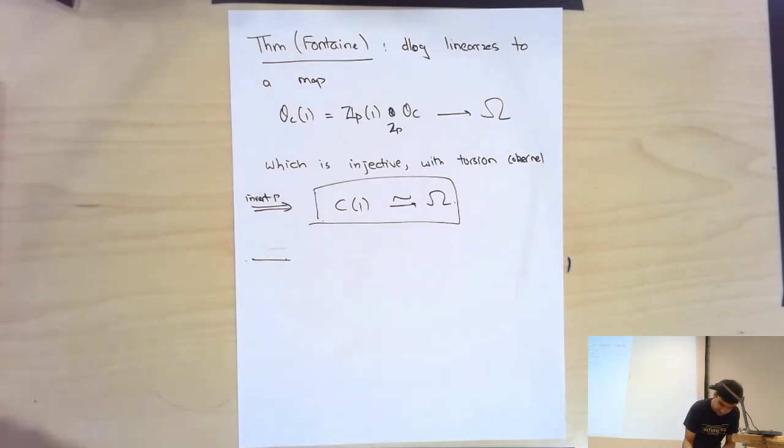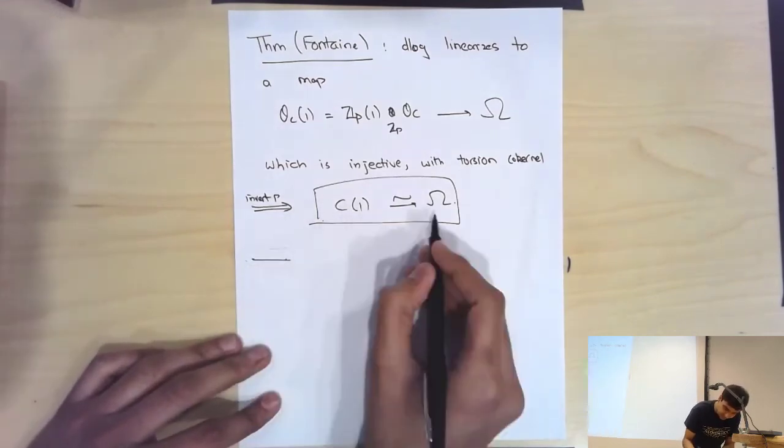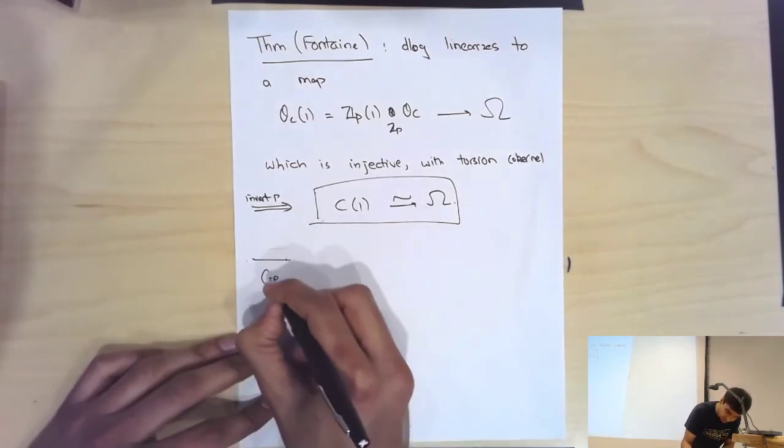Okay, so let's now use this to define a map. So I claim that because of this, you actually formally get a map. So if you get a pairing,